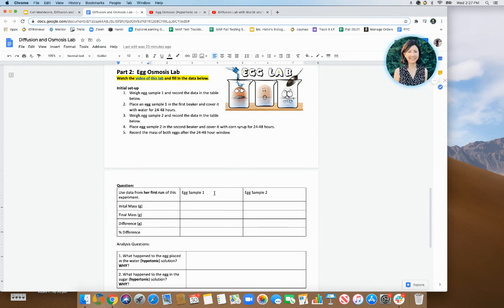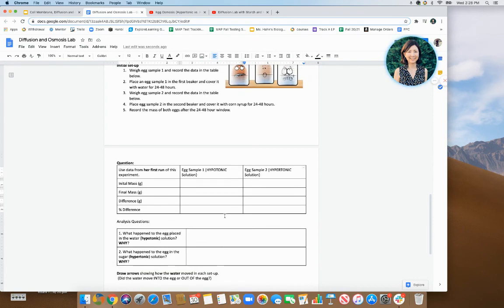But you only have to do, I'll go ahead, hypotonic solution. And then this one is going to be in the hypertonic solution. She does it again by switching the eggs, but you only have to give the information from her first